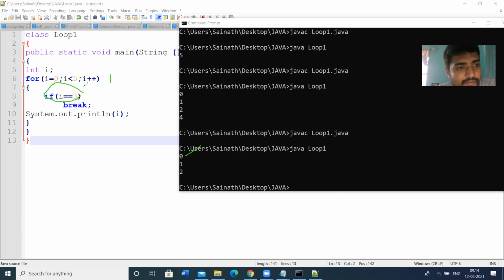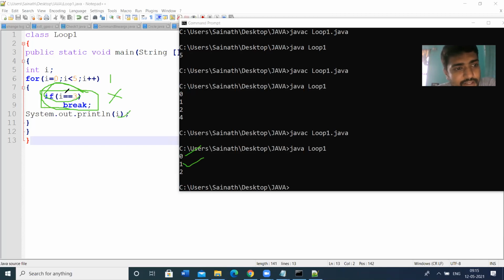Next i is equal to 1, this condition is failed, so this block will not be executed unless the condition is true. So i is equal to 1 is printed. Next i value 2, the condition is not true, so 2 will be printed.